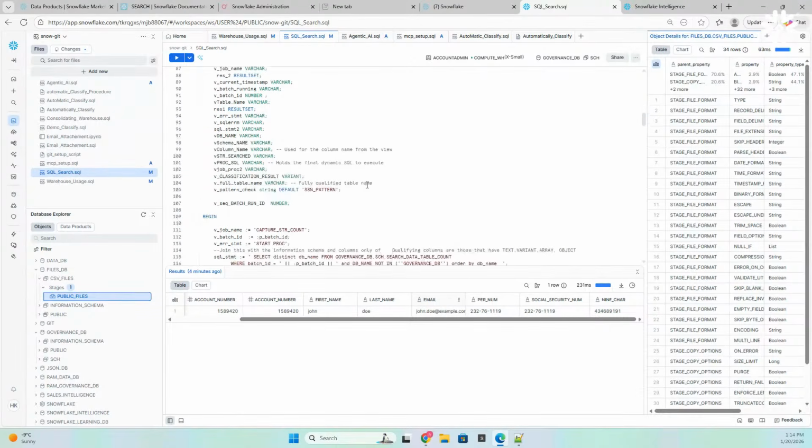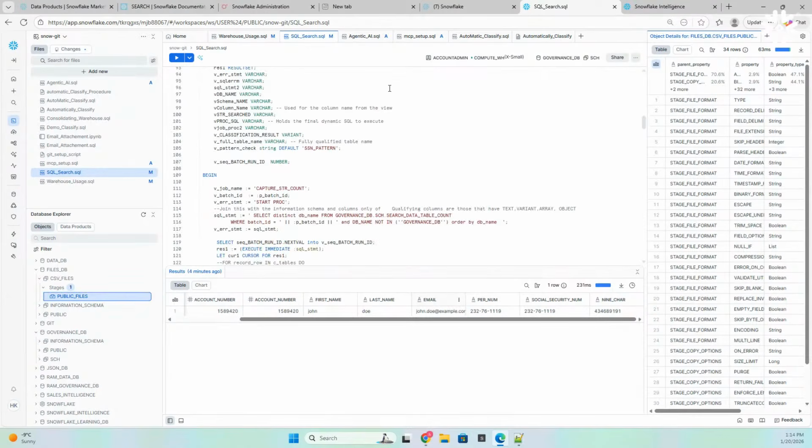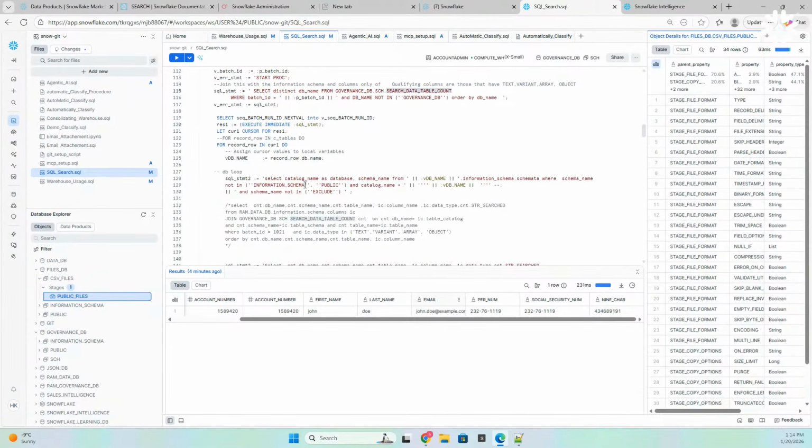In the second procedure, you pass in the batch ID, and it uses this batch ID to read from the table where you have stored your search data table count. And then it searches, and same thing, it captures the database name, the schema name, and